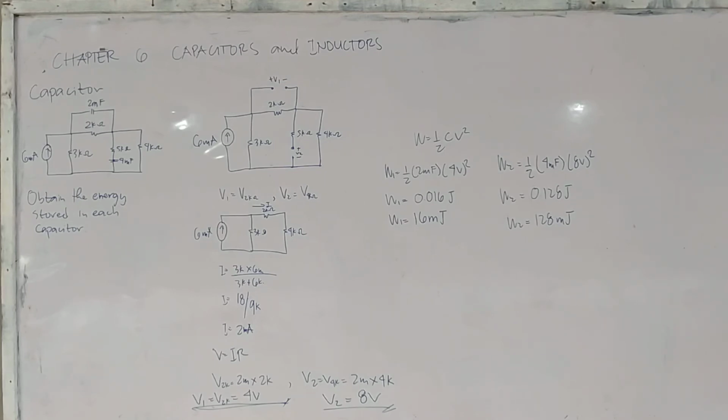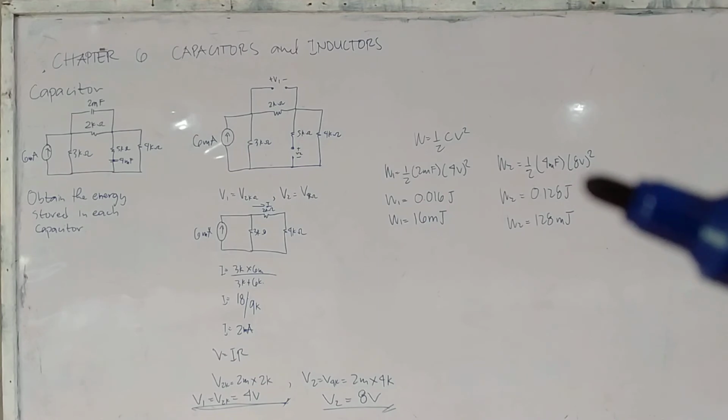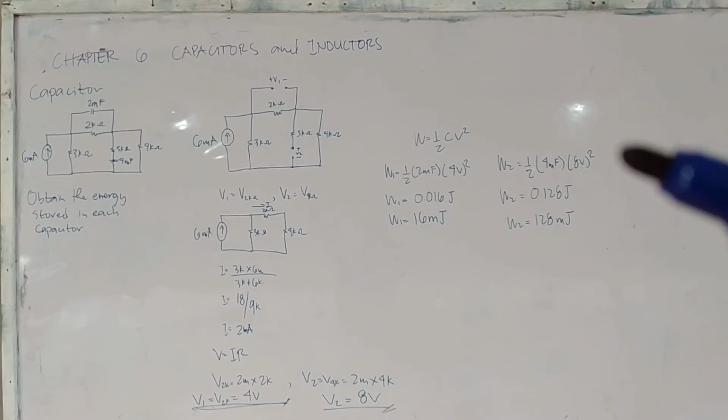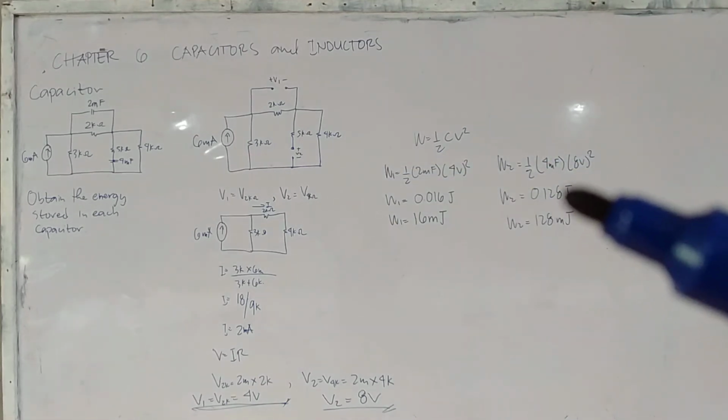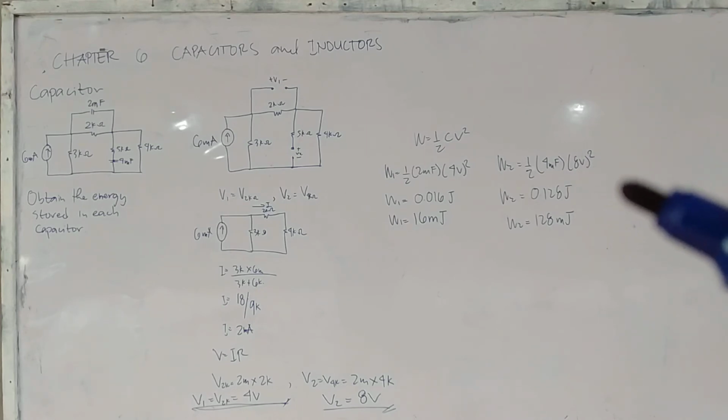And for this one also, for energy for the capacitor 2, we have 1/2 times 4 millifarad multiplied by 8 volts squared, we have 0.128 joule or 128 millijoule. So, ang mga other formulas na binigay ko kanina or diniscuss natin kanina is simply